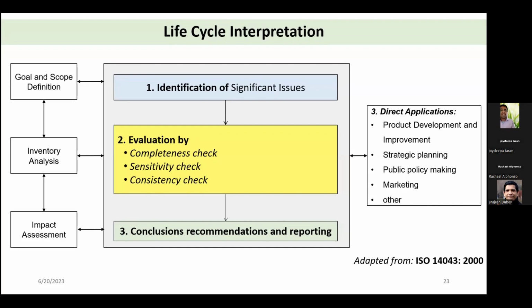In the completeness check, you have pedigree trees readily available. You use the pedigree tree, where you check the geographical scope, technical scope and different scopes that you have, and you validate your data. And for sensitivity checks, as I said, transportation distance is a very sensitive parameter. Electricity is a very sensitive parameter. So make an assumption there. In our assumption, we made 100 kilometers as the transportation distance. So you vary that from 0 kilometers to 5,000 kilometers based on your transportation mode and get a range. Now you can apply it for the project.